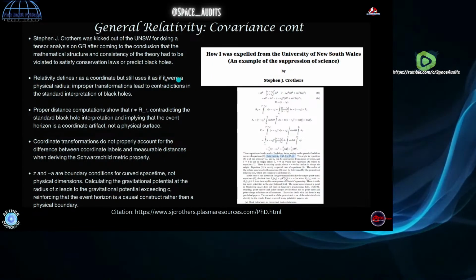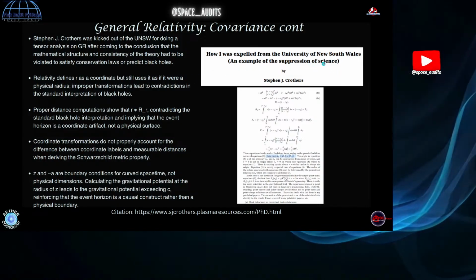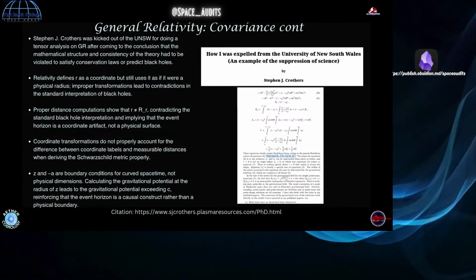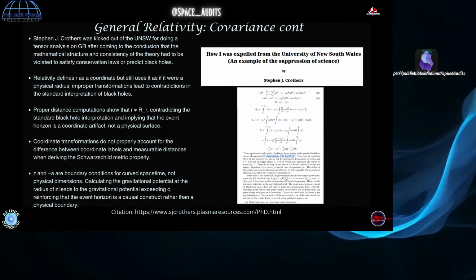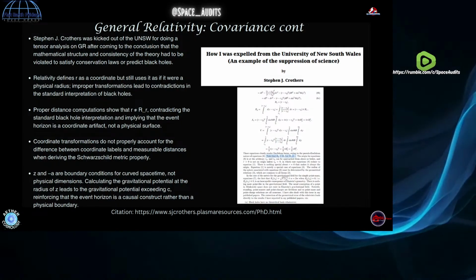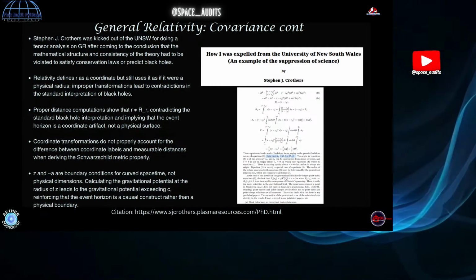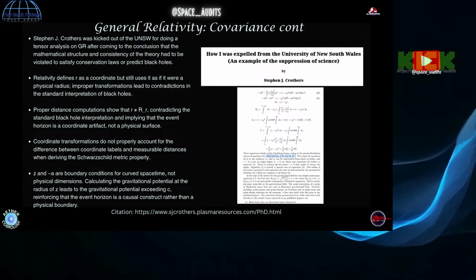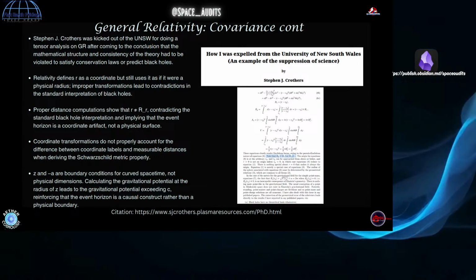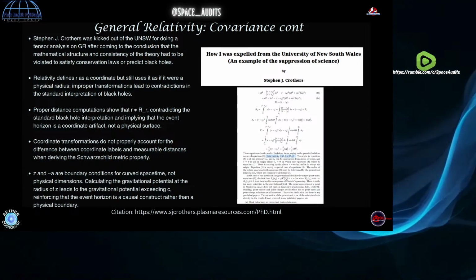So that's really important, because what Crothers says here is the way that they're looking at it as a dimension, and when they apply it as a radius, they're like, oh my God, the gravitational potential at this radius exceeds the speed of light. That means that if the speed of light entered this area of this radius, it wouldn't be able to escape. Where would it go? And then they get into the singularity and all this stuff for fun.